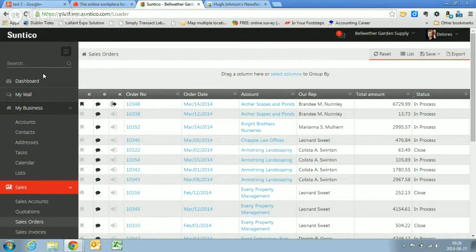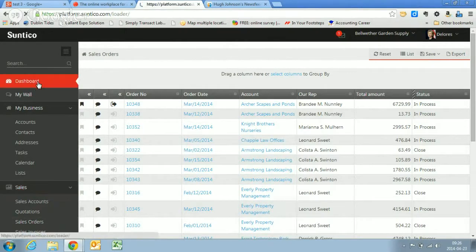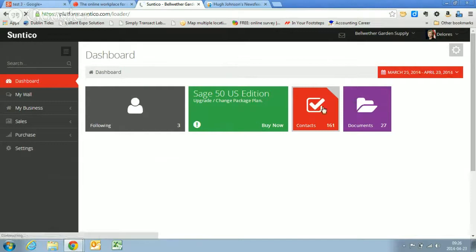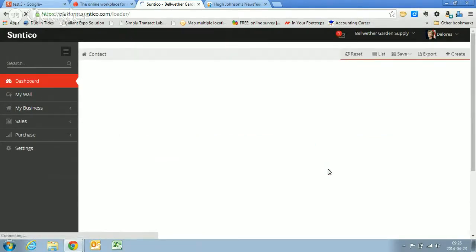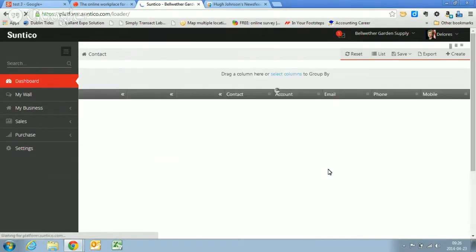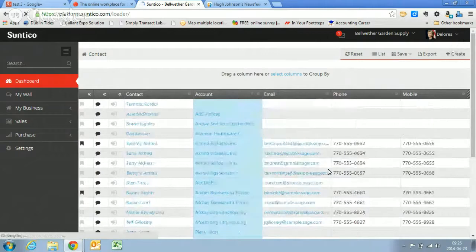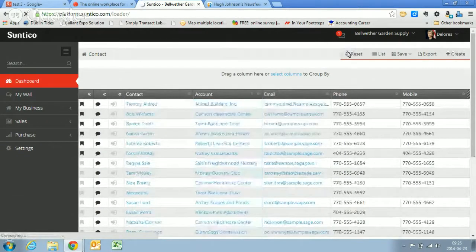So, as it is, I'm out of the office, and I want to call one of my contacts. Just immediately from the dashboard, I just click on my contacts button, and up comes a list of my contacts. Unlike most contact lists, for example, the contacts on my iPhone that are presented alphabetically, my list of contacts here are presented with my favorites first. I've made them my favorites by marking them with bookmarks. I've saved these as my own personal bookmarks, and in this way I can access my most used information really